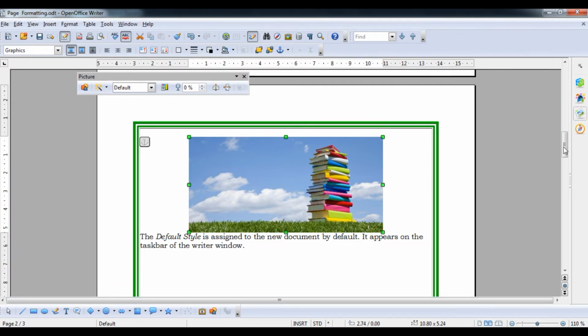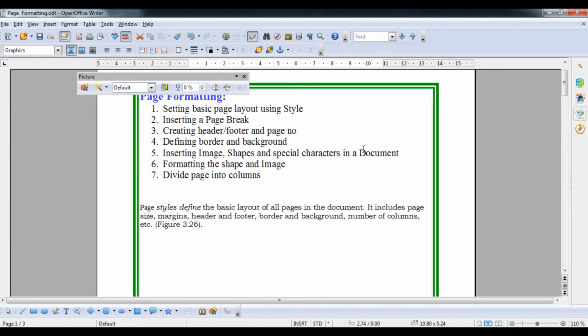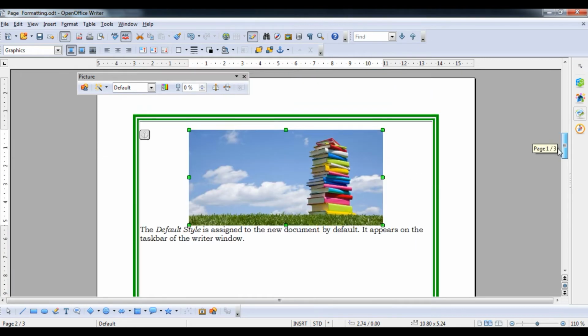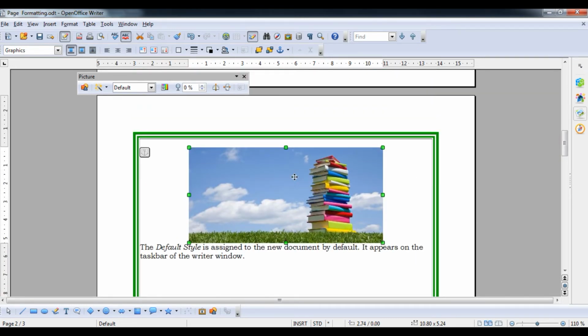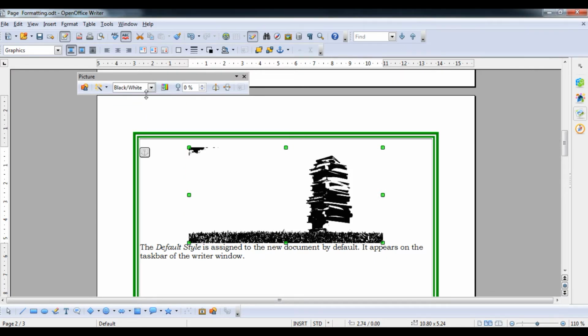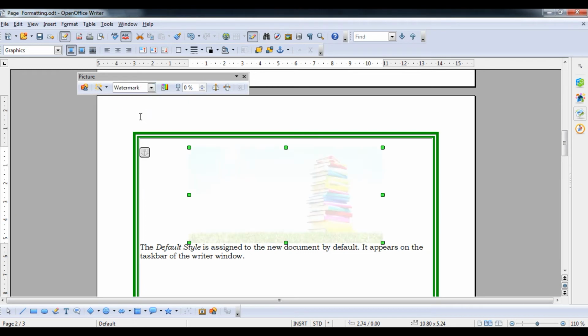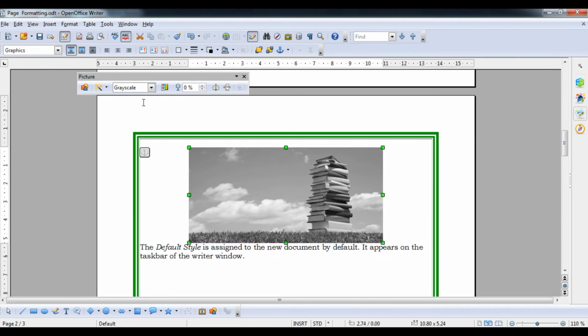Now after that, we have learned how to insert an image. As a part of this topic, I am going to show how to format an image and a shape also. So how to format it, student? While this image is selected, this toolbar will automatically appear in front of you. Here you can see Grayscale. Now you can see the image in black and white color. This is a different one, Watermark, so it will become a watermark also. Suppose we are going to present it in grayscale only.